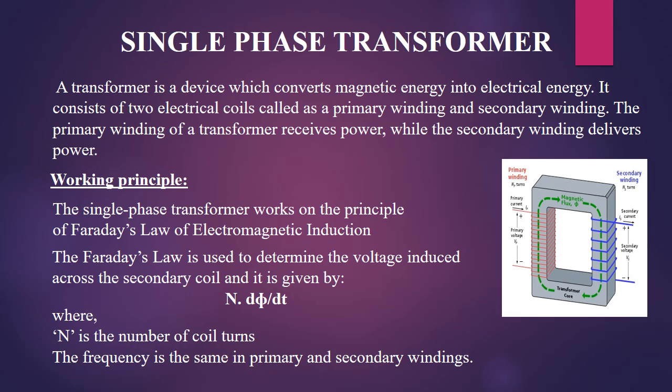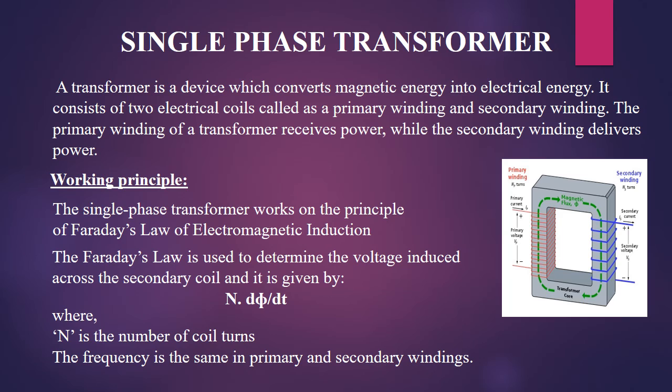A transformer is a static device that transfers electric power from one circuit to another circuit of the same frequency. It consists of primary and secondary windings. The transformer operates on the principle of mutual inductance. When the primary of the transformer is connected to an AC supply, current flows in the coil and a magnetic field builds up. This condition is known as mutual inductance, and the flow of current is as per Faraday's